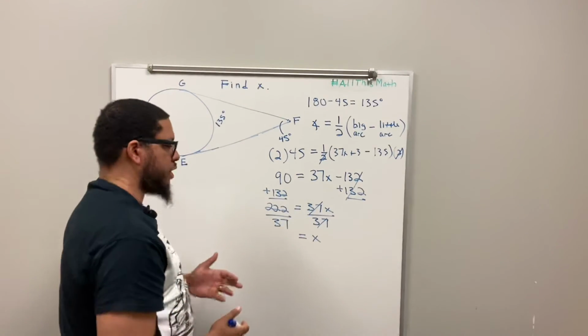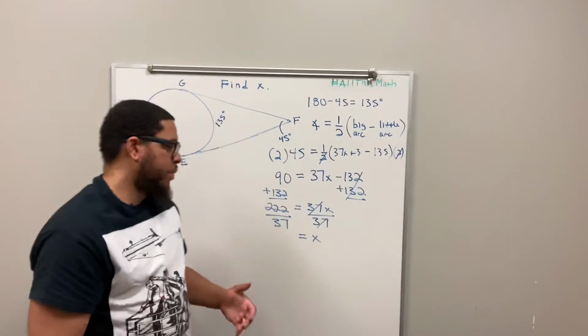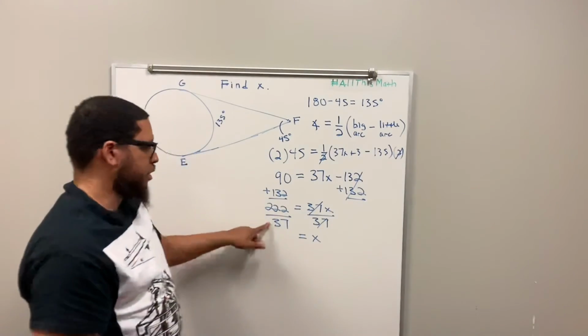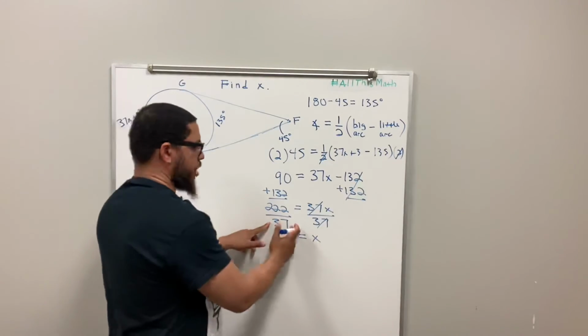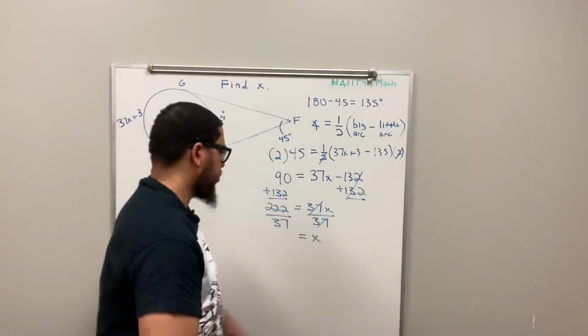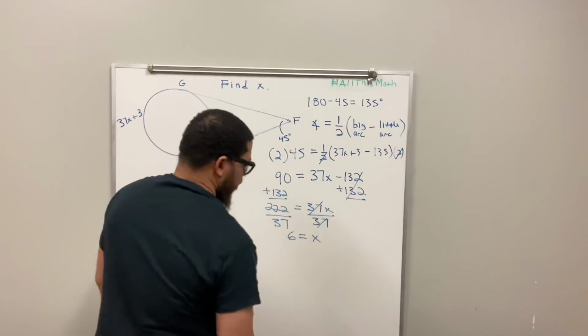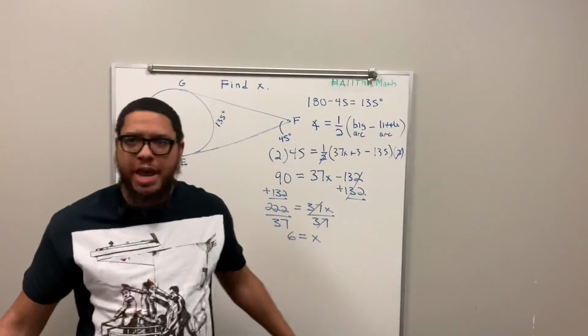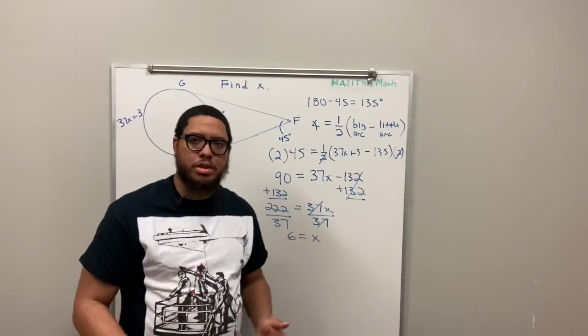222 divided by 37. I know this because I did the problem already. 222 divided by 37 is 6. 6 times 30 is 180. 6 times 7 is 42. 180 plus 42 is 222. So x equals 6. But I'm a strong advocate of always checking your work, because you don't want to go